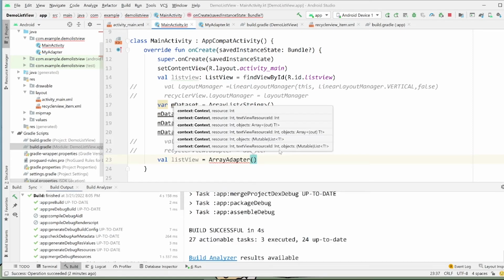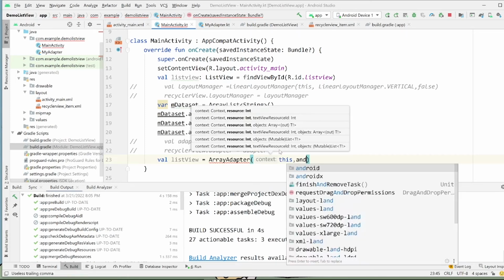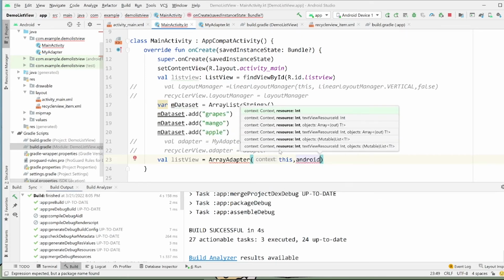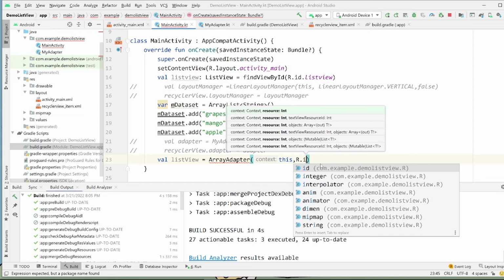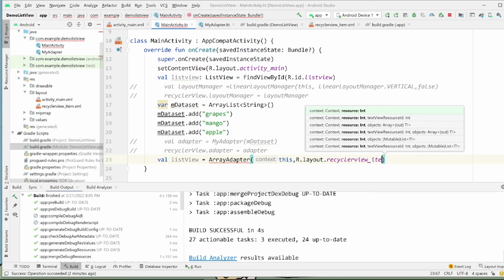If you recall, it takes also three values, but all three values are important. The first one is the context. The second one is whatever you want each of the items of the list view to look like. In this case, you can still make your own and put it in here. Like you can just do R.layout, what I just created. But you can also use the Android default. I have been using the Android default in the past lectures, but in this case, I will just use something that I just created.